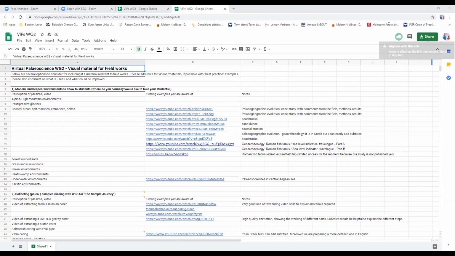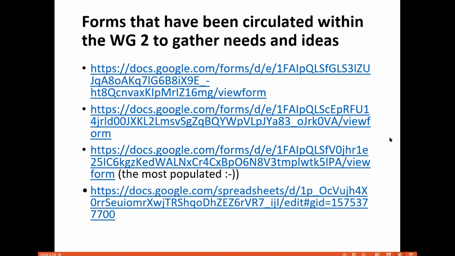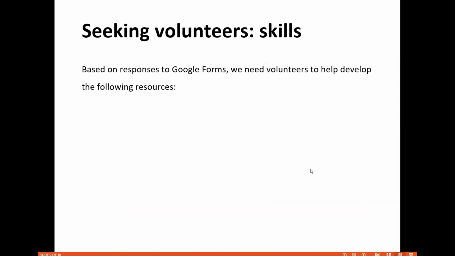So based on that discussion, sorry, I'm just shuffling between my videos and my presentation, going back here. I'm not going to go into these forms, but we created different forms that have been circulated to the working group members to get information on which landscape or which activities, etc. people wanted. So based on the answers, we are looking at